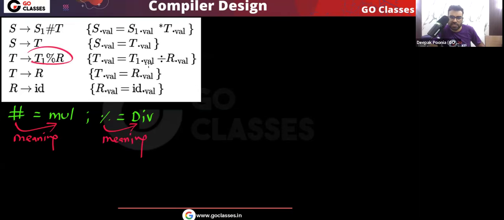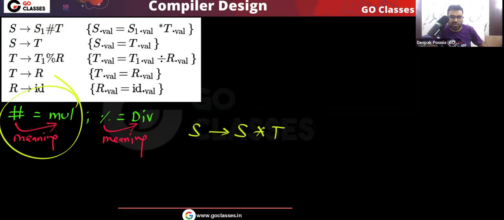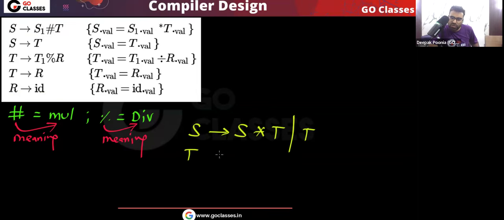Okay, you can see the meaning of percentage, that is basically division. And notice one more thing. Look at this grammar. Let me write this grammar here. This is basically S going to S star T, because I told you that this hash means multiplication. So let me replace the hash by multiplication. So this grammar is basically S going to S star T, or T going to T division by R,